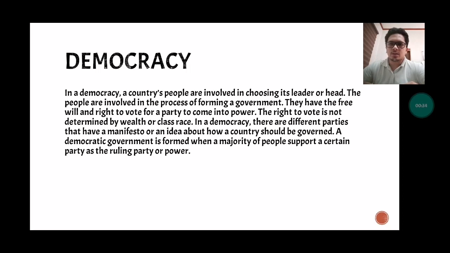In a democracy, there are different parties that have a manifesto or an idea about how a country should be governed. A democratic government is formed when a majority of people support a certain party as the ruling party or power. As stated here,